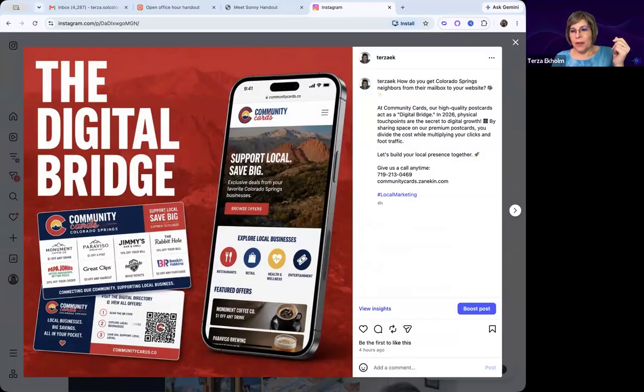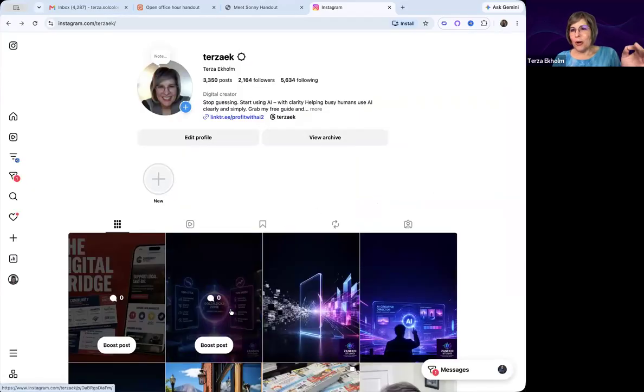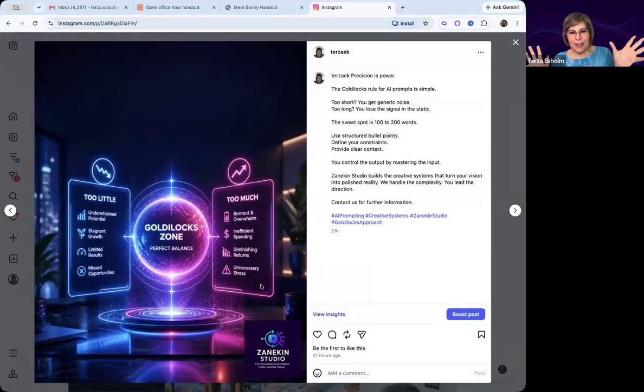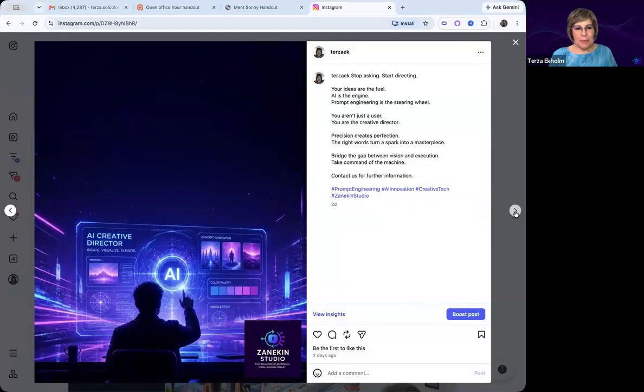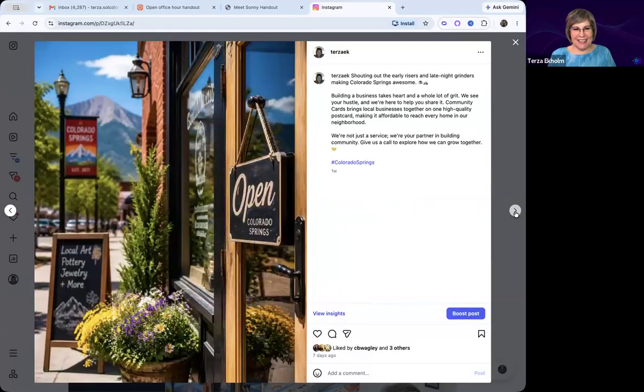What you'll also see is all the posts that Helen created this previous week, which were supposed to go on Zanikin's channel, but they went to mine because I screwed up. But you can see what Helen has been having Sonny create. The reason I know they should have gone there, besides the coloring, was that it has the Zanikin Studio logo on it. So Helen did the right thing. Her business partner screwed up and sent them to the wrong place. So at least they're getting posted. That's all I care about. And then my earlier introduction to Colorado Springs for the community cards.